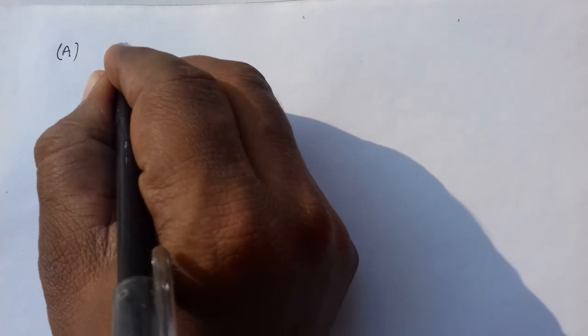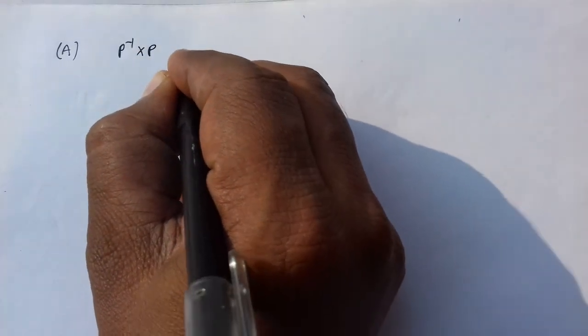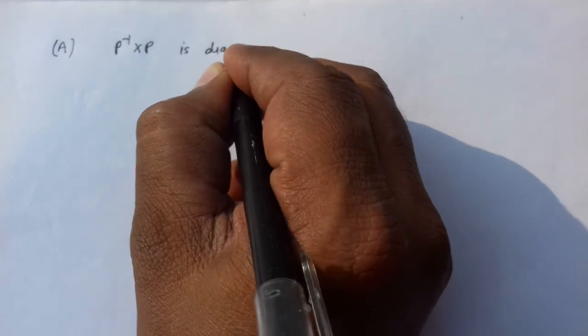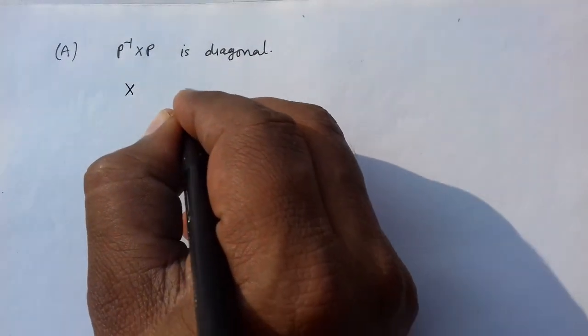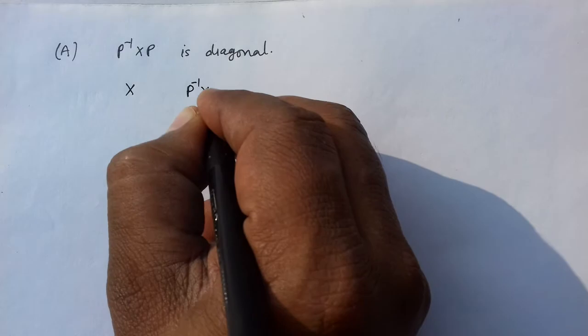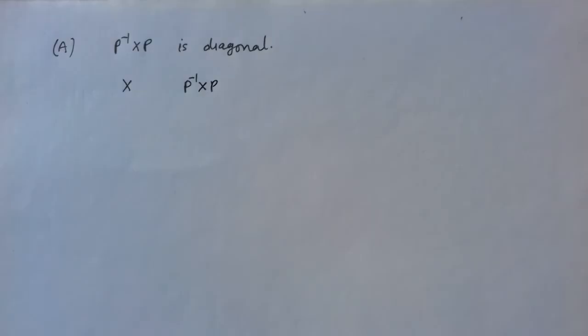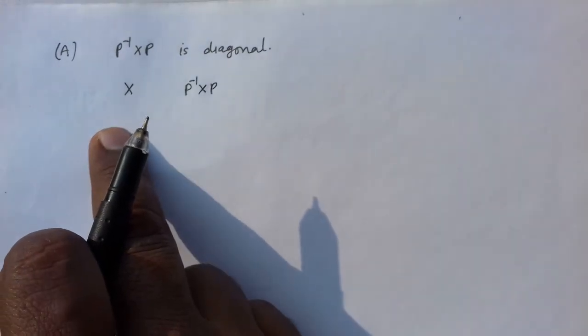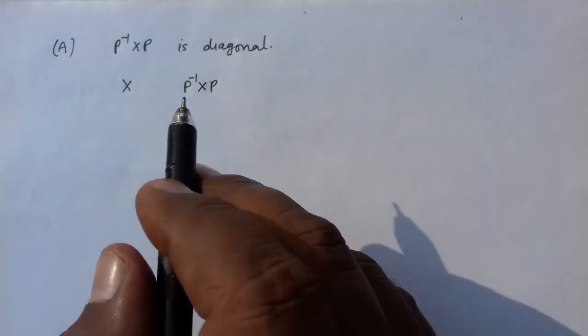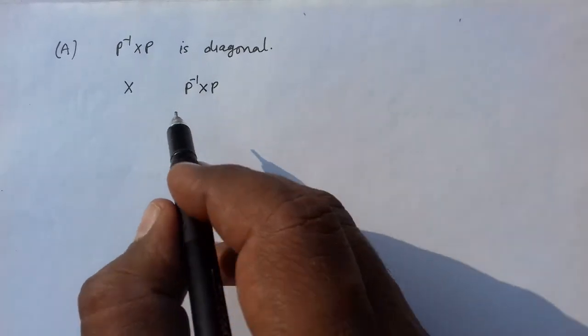In the first option, that is A, you see that P inverse XP is diagonal. This means that we know that X and P inverse XP are similar. Similar means both matrices have the same eigenvalues, and since this matrix is diagonal,